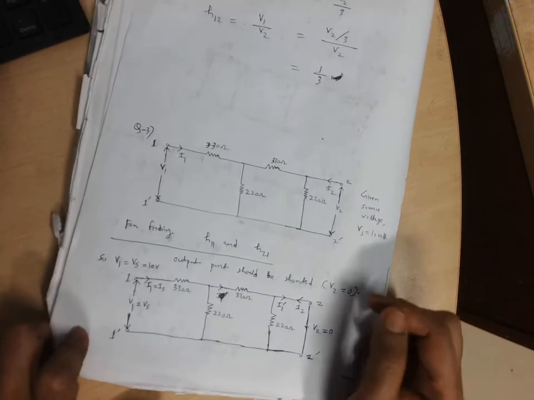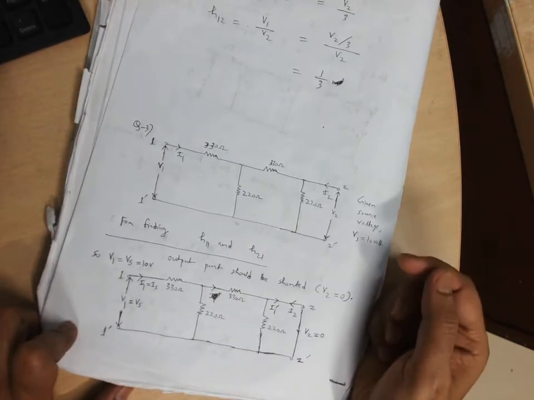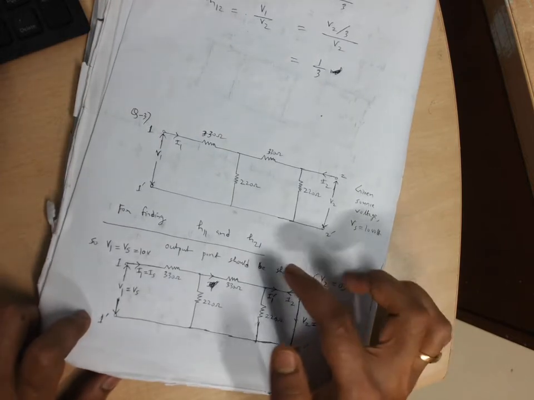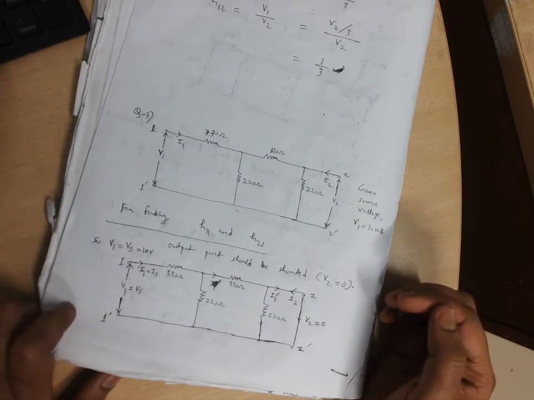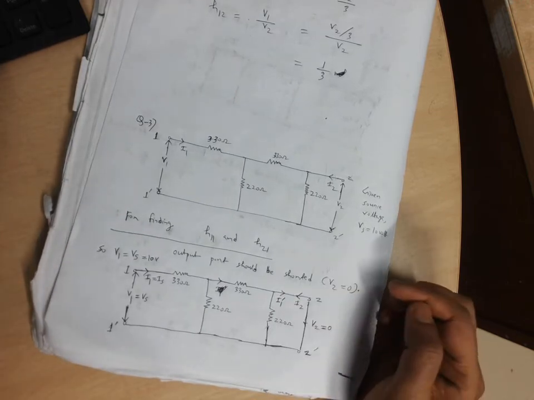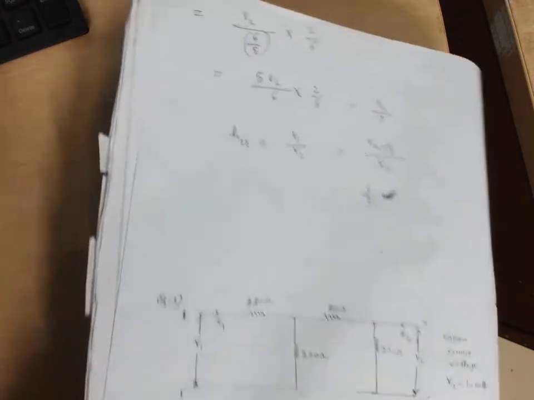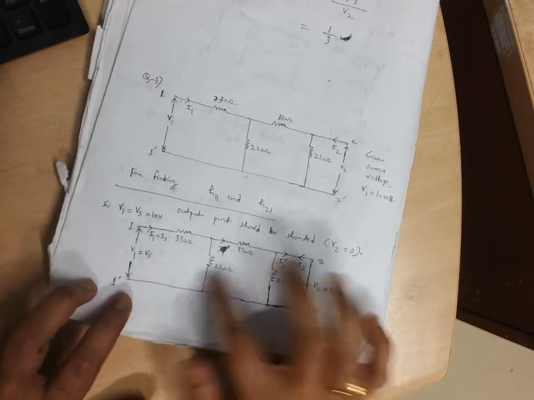First of all, this is the main circuit diagram. All of you can see it in your copy. For finding H11 and H21, you can remember, H11 is your impedance, and H21 is which parameter? This is the current gain. First of all we will find these two. So this is the circuit arrangement.